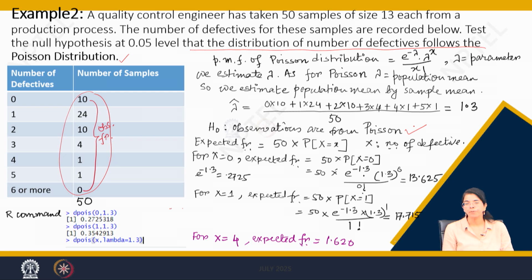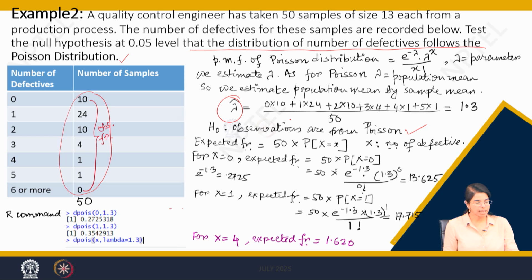Now as you know, Poisson has a single parameter. So what is that parameter? That is lambda, but lambda is not given here. You have to estimate the lambda. Clear? So how to estimate? Lambda is the population mean for the Poisson distribution. Therefore, the population mean can be estimated through the sample mean, and we can figure out lambda hat, which is the sample mean of this frequency distribution table. So what is the sample mean? You know the technique.